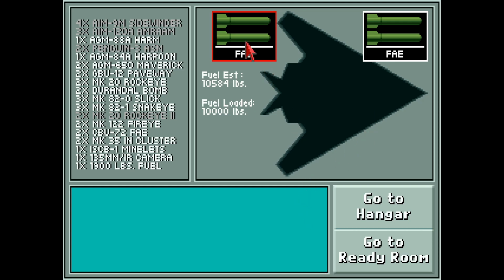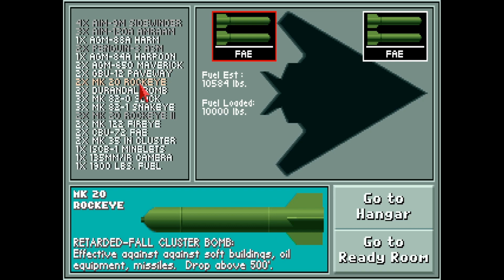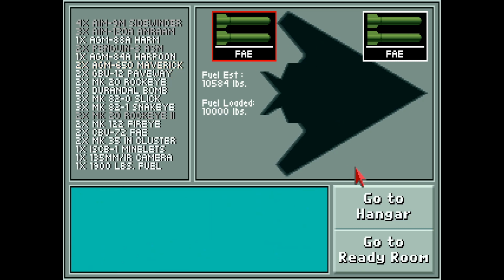Okay, so I've looked up the stats. It's a laser homing glide bomb with a max range of 1 kilometer. So we're gonna have to get quite close. Which one was the one that I'm quite a big fan of? The Maverick. Yeah, this is a missile, but not for this. So we will go to the hangar,